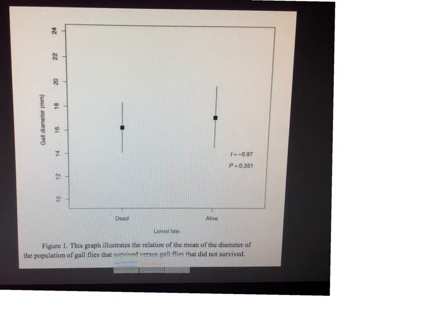According to the information in the graph and from what I read from the paragraphs that you also sent me in the screenshots, which is really helpful, thank you, it looks like we're doing a two-sample t-test, and we are comparing the means of diameters of gulls and flies, whatever that might be. And it looks like they've run the t-test, and you said it was a Welch's t-test, and this is what they're reporting in terms of the t-value and the p-value after they ran that test. So if we talk a little bit about those two values,